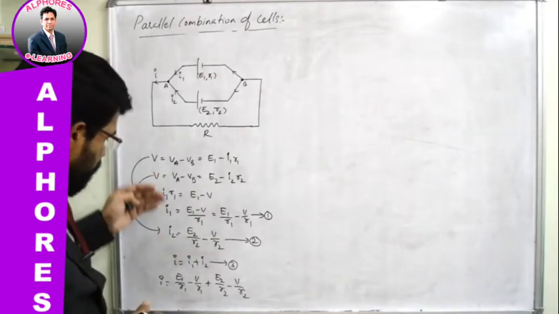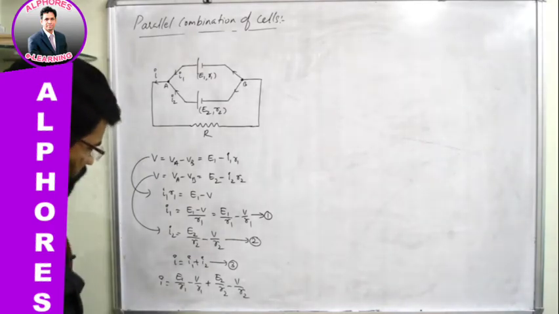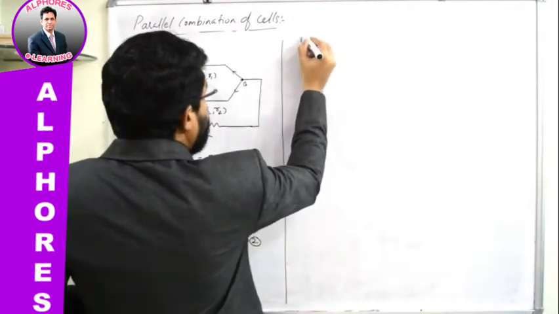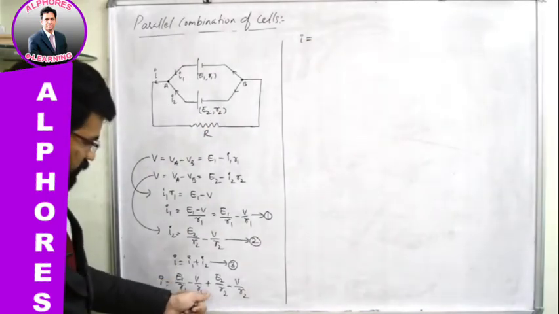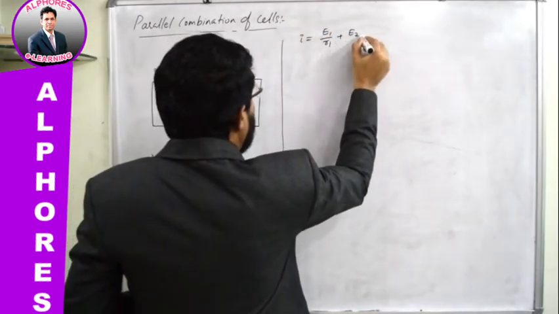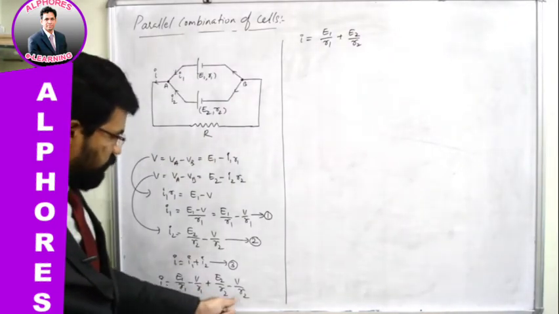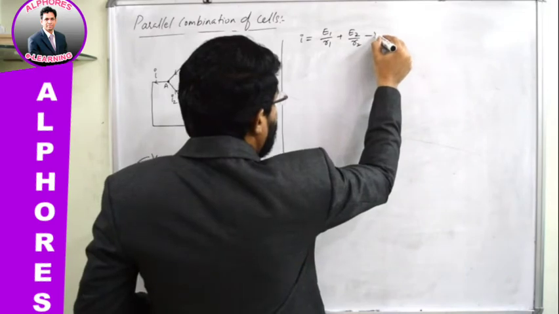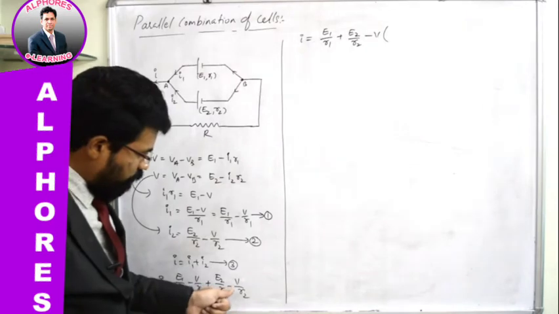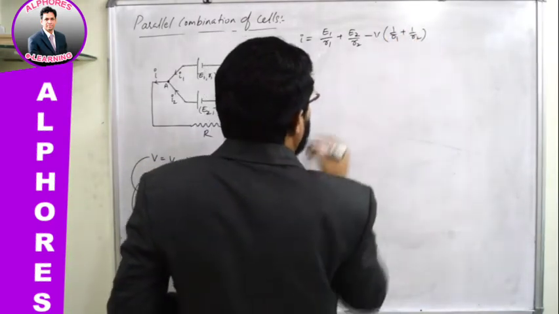Okay, so I am following an indirect method. Let me proceed and simplify this. Here, I can be further simplified as I is equal to E1 by R1 plus E2 by R2. Separately, I can write E1 by R1 plus E2 by R2. I will take out the minus sign common from these two terms, and not only minus, I will take out V also common. When minus V is taken out, what will you have? 1 by R1 and here plus 1 by R2. 1 by R1 plus 1 by R2, isn't it?